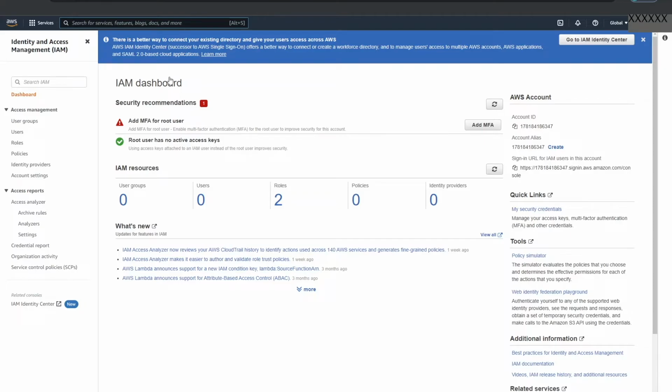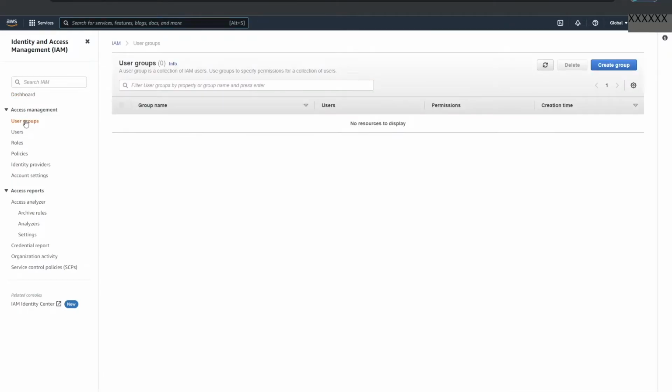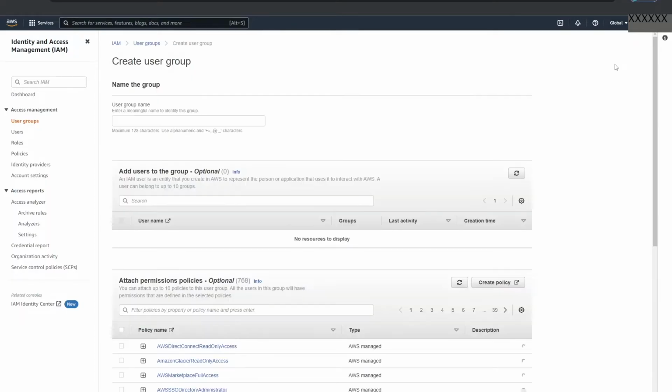For now, I'd like to create a user group, so I'll come over to the left-hand side and click User Groups. Then I'll go to the far right-hand side and click Create Group. You'll notice I'm prompted for a group's name, so I'll click in the User Group Name box and I'll type a group name. This is going to be a group for administrators, so I'll simply call it Administrators. If I had already created users, I could add users to the group at this point. Since I don't have any users, I'll add them later.